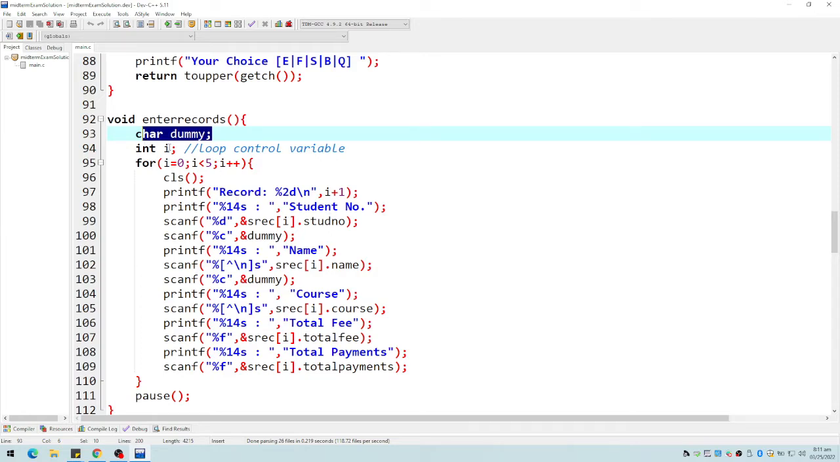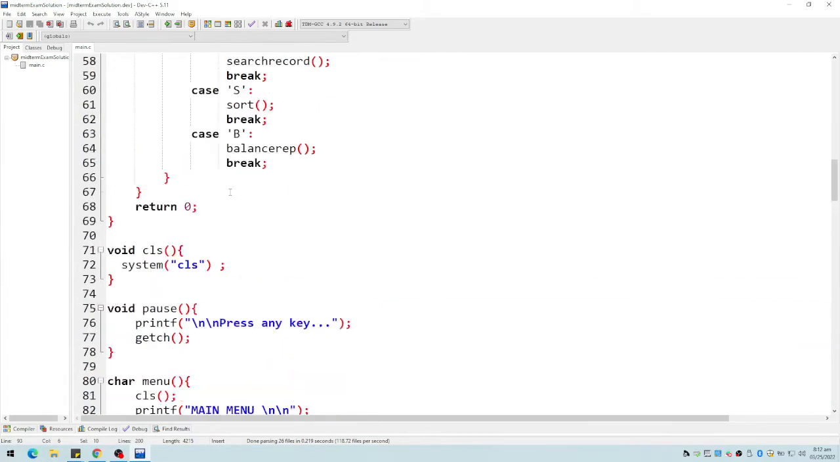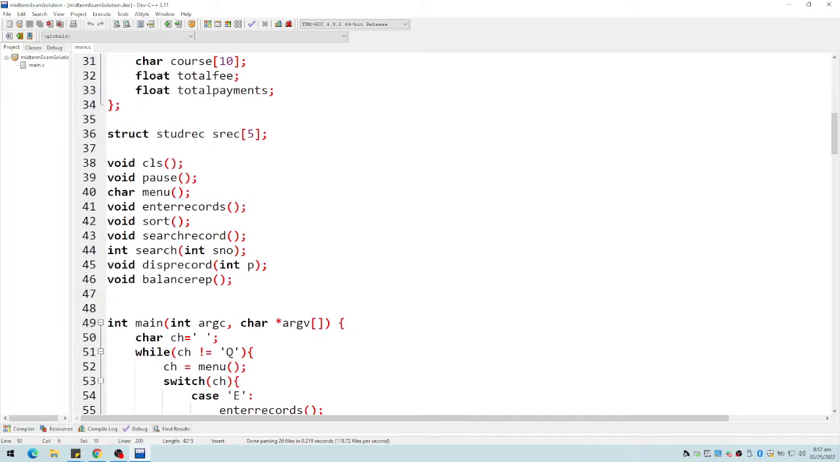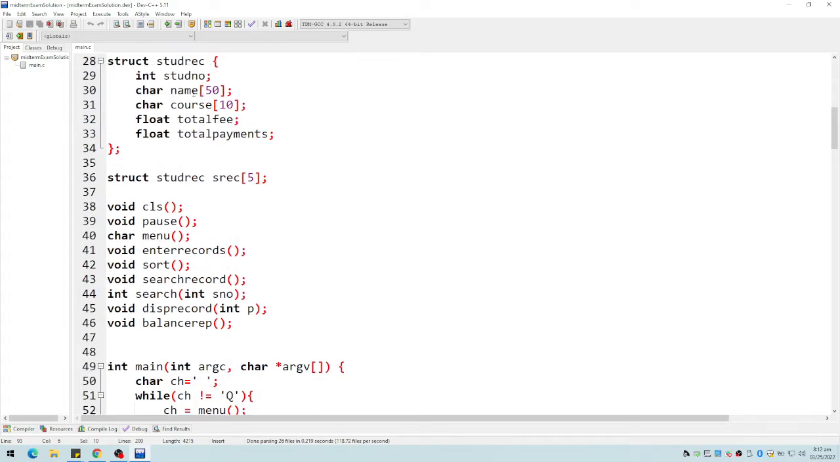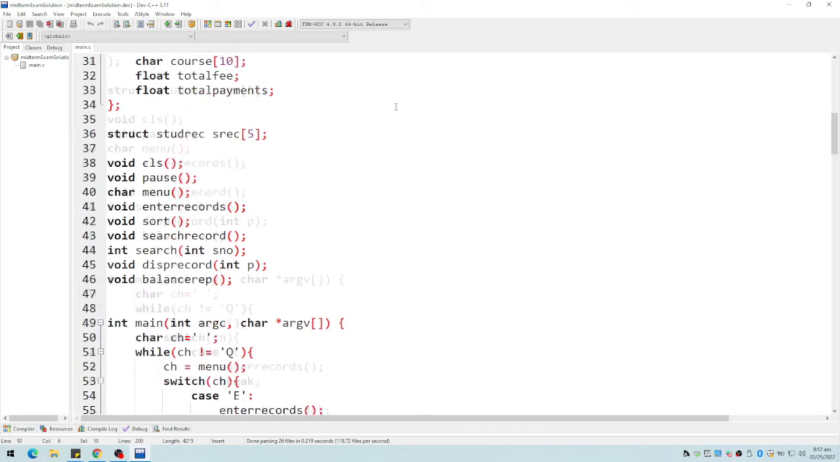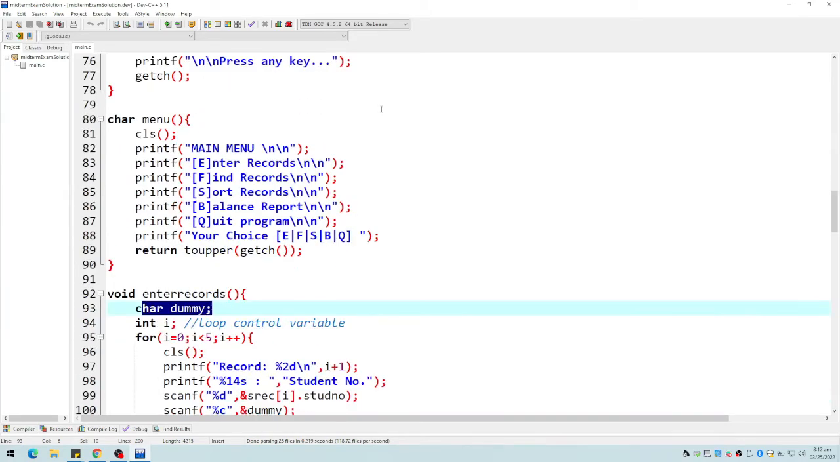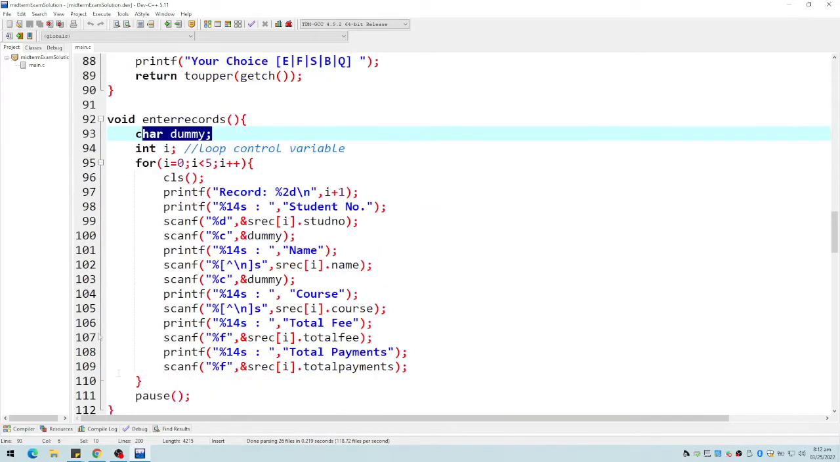So we have here our loop control. So here we're going to loop 5 times because we're going to enter 5 elements of the struct array. If you still remember the struct array, let's go back, it is actually our array of this record containing the following fields. So here we're going to loop 5 times. What we'll be doing is display the record number I plus 1 because we started here with 0, and then